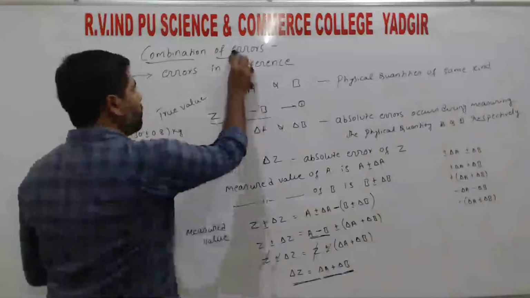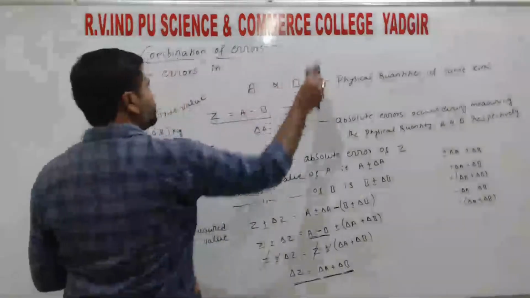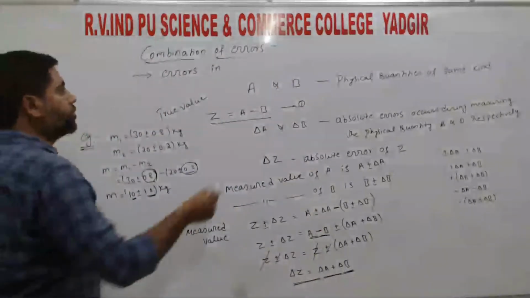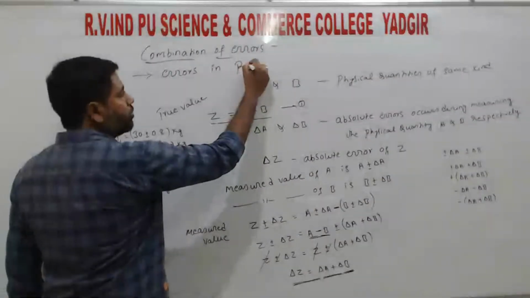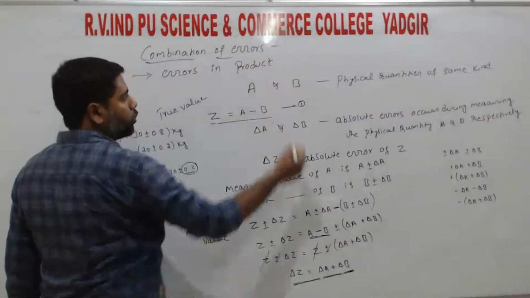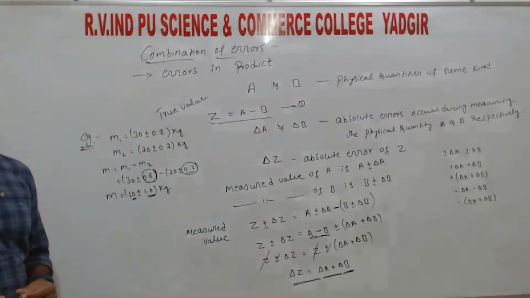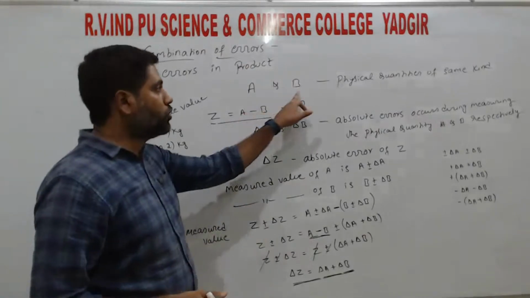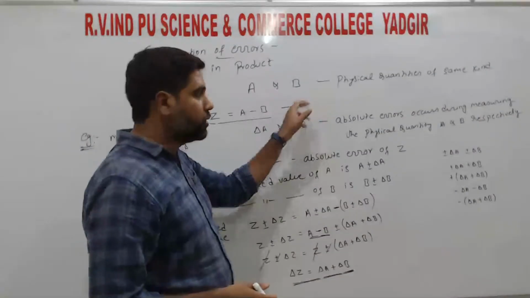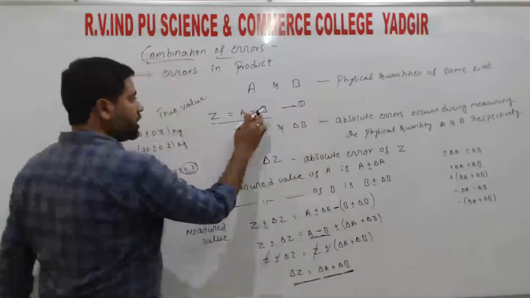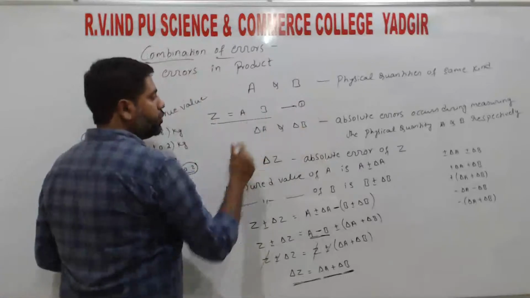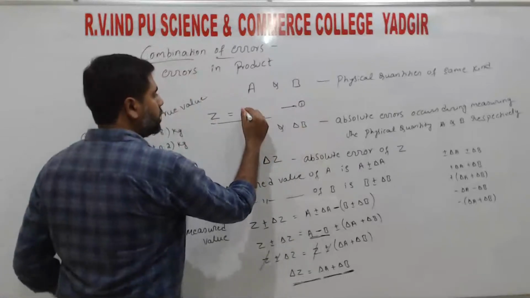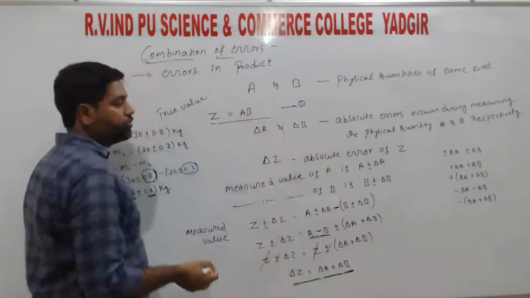So next, the third one, errors in product, right? So product is nothing but multiplication. So multiplication of two physical quantities of the same kind, right? So multiplication means A into B, that is AB,